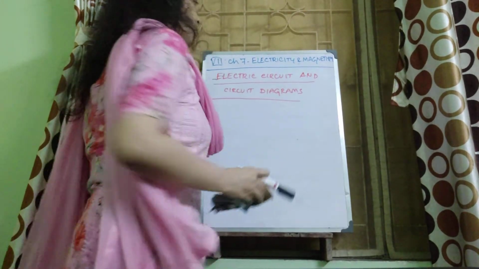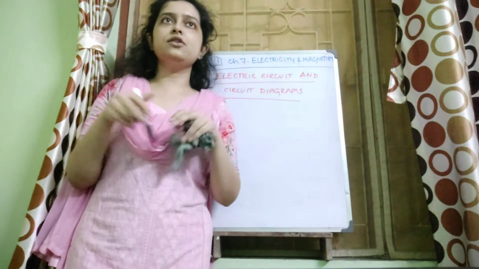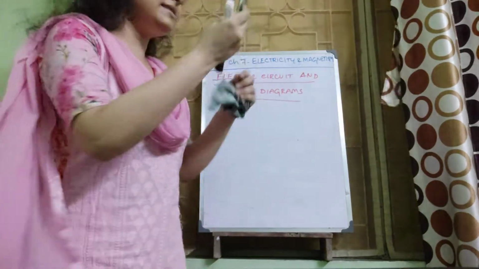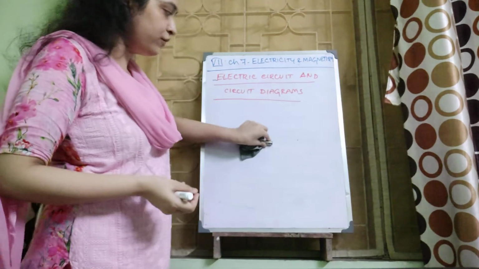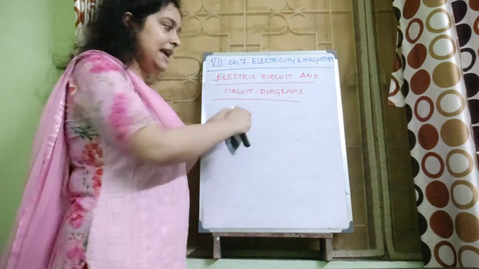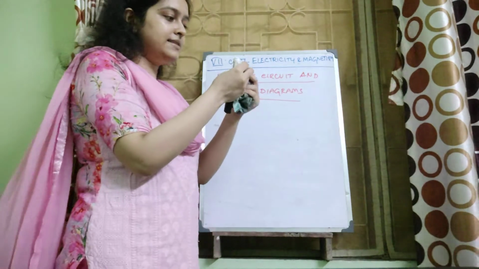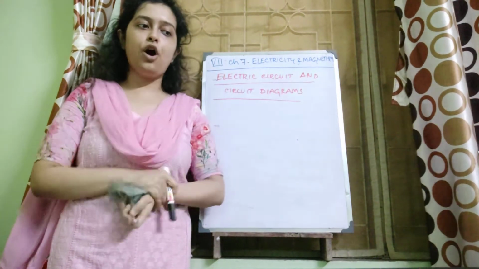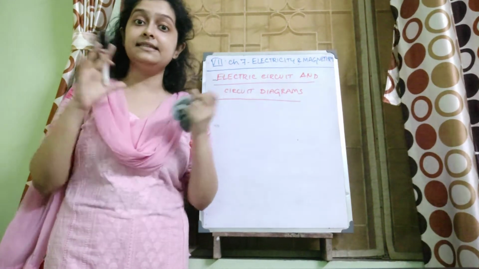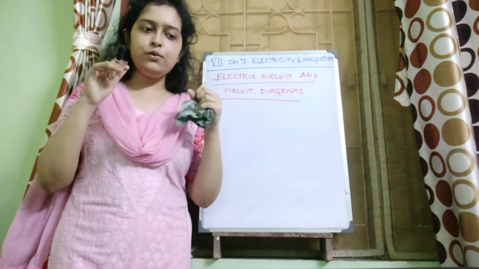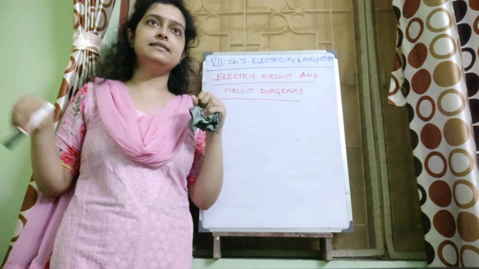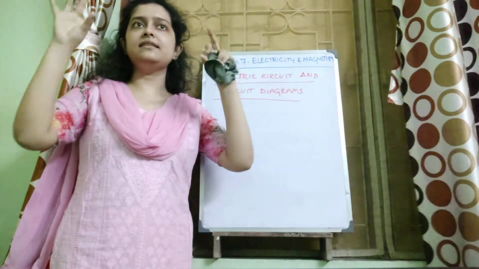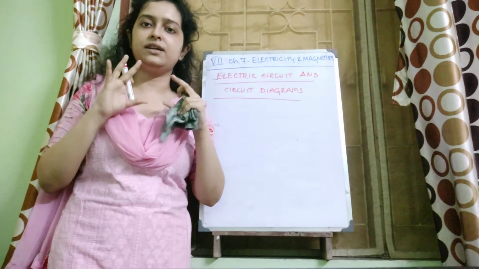Now, when we are drawing, you just saw that I had to draw a bulb. I had to place this cell with my hand over there so that I won't take much time in drawing this cell. So, for our convenience we have certain symbols. When we want to draw electric circuits, we have certain symbols with which we can easily represent the different components of an electrical circuit.